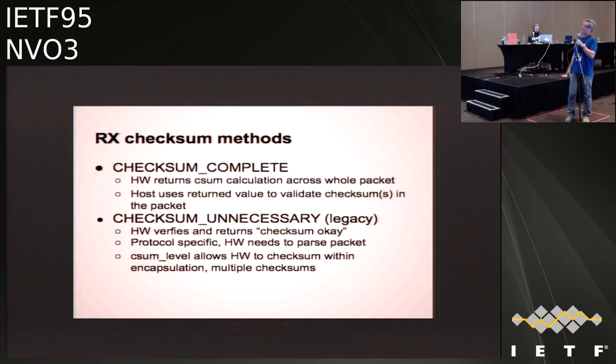Similarly, on the receive side, there's this thing we call Checksum Complete, which is where a device just simply provides the checksum calculated over the packet, usually from the start of the IP header. And the idea is that the host stack can use that information. It can subtract off the checksums over various layers to produce checksums of sub portions of the packet. So with one checksum calculation done by the device, we can basically validate any number of checksums, whether encapsulated or